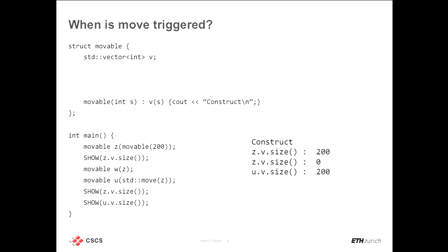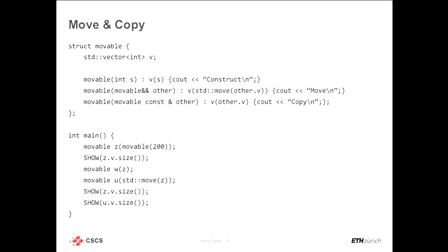Now, we are here, and we see that the move happens anyway. So something is telling me that the compiler is using some default constructed move constructor. So we go back to our code, and this is exactly the code that we had before, but now we are copy constructing W with Z, and now we see that it's calling the move constructor here, but still I don't see the move constructor happening in this